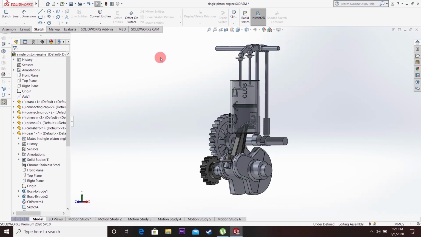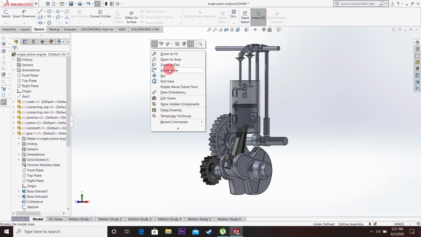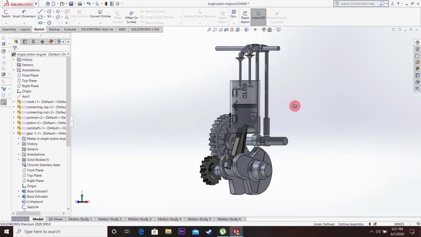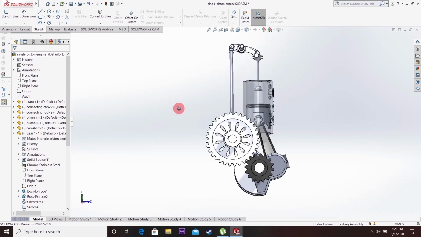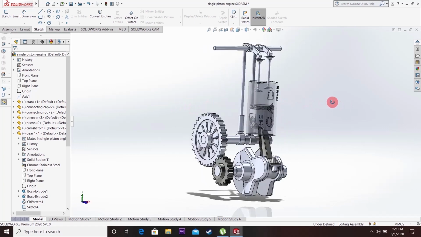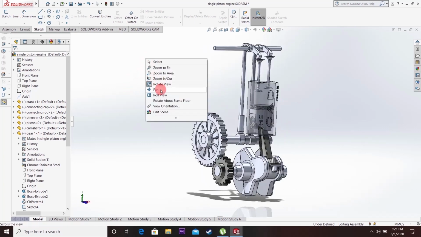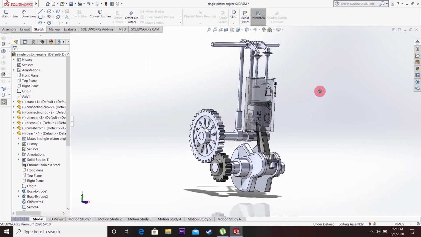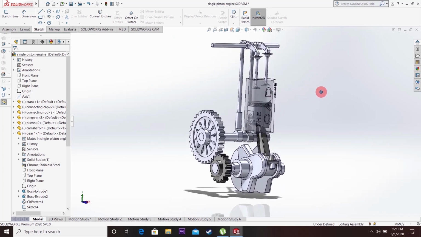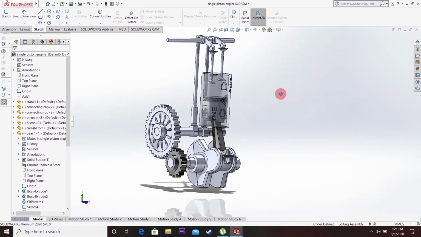So what if you are using a laptop and you don't have a mouse? How can you rotate or move around the space? Simply right click on the workspace, select rotate view, click the left button and drag it. You can rotate it now. But if you want to move around it, select pan, click on the left mouse button and drag it.